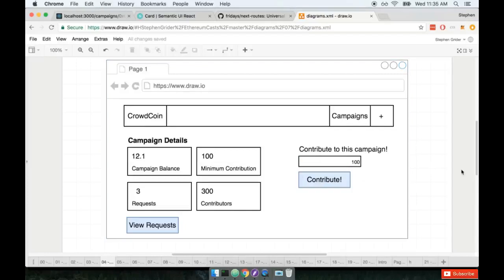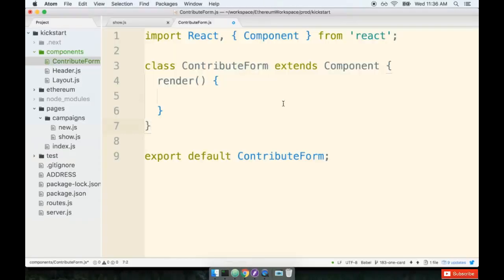I think we're going to end up doing the exact same thing here. So just like that new campaign form that we worked on, that had the spinner for the button, and it showed error messages, the whole nine yards, I think we need to do all the exact same things around this form as well. So if a user tries to contribute and there's some error thrown during the process, we really want to communicate that to our users. So with that in mind, let's go back over to our code editor,